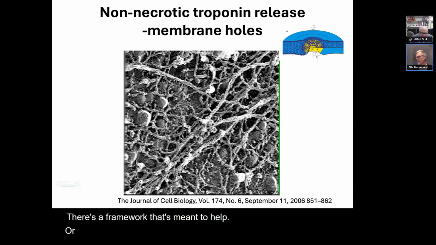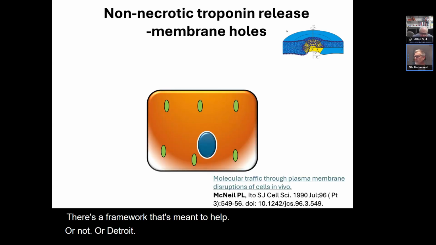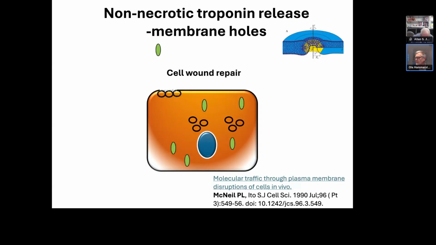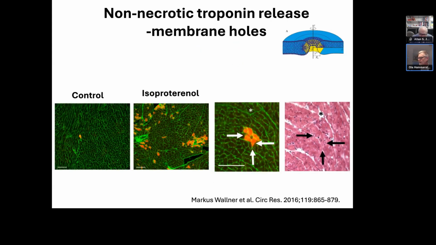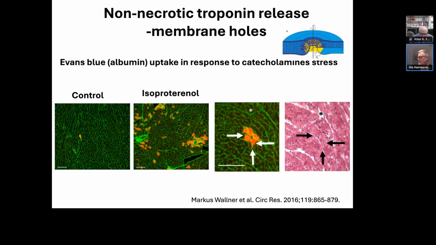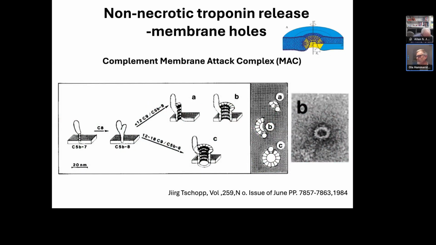And in the next, there should be an animation showing how there is an active repair of cell wounds whenever they occur, by preformed vesicles inside the cell. The start of this repair is stimulated when the calcium flux comes inside the cell. So the next slide we can skip. And the final example of membrane holes is the membrane attack complex, MAC, that has been